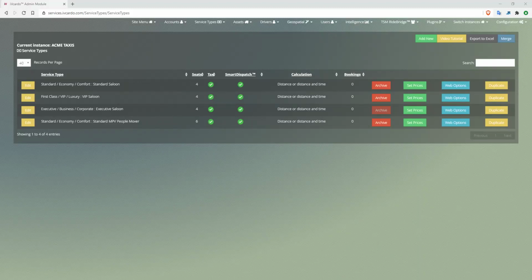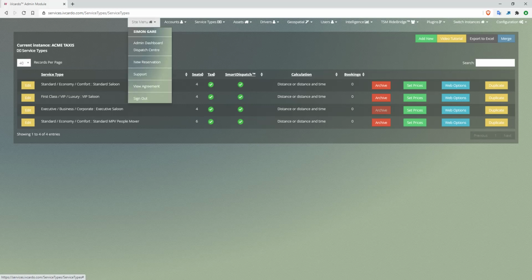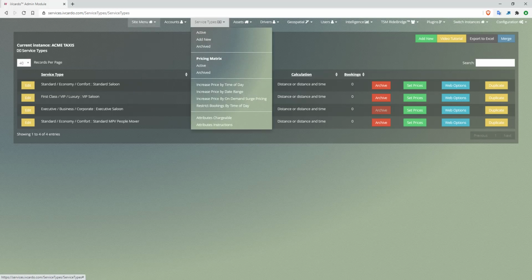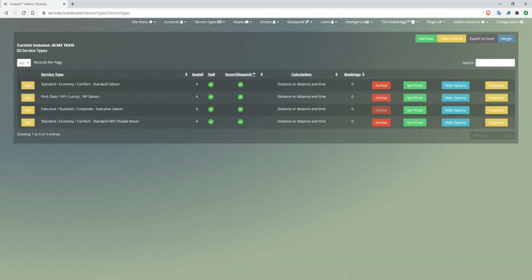Hi, in this section we're going to cover the editing of the service types. So we're here, admin, service types active, and then we have our list of service types which is covered with the video here. So we're going to go ahead and click on the edit button for the standard saloon,